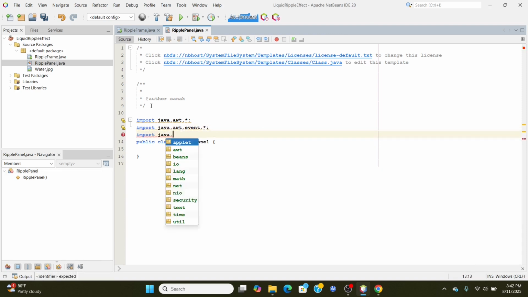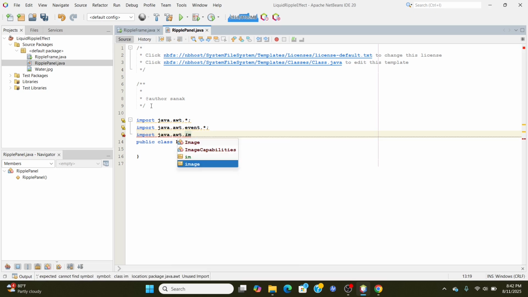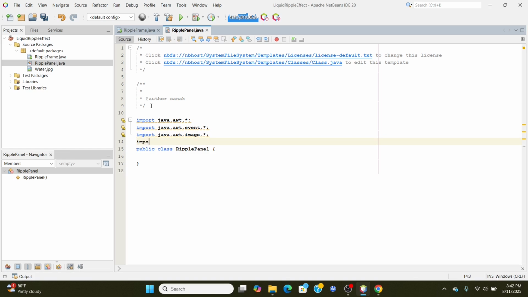First, we import the core Java AWT packages for drawing and colors, the event package for handling mouse input, the image package for working with pixels and buffers, and swing for building our user interface. Here, we define Ripple Panel as a subclass of JPanel. By extending JPanel,